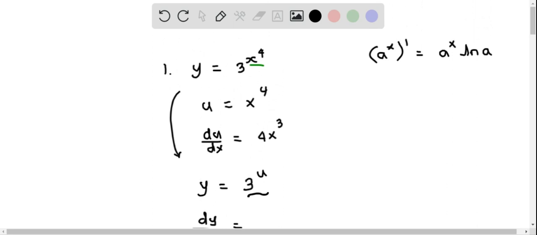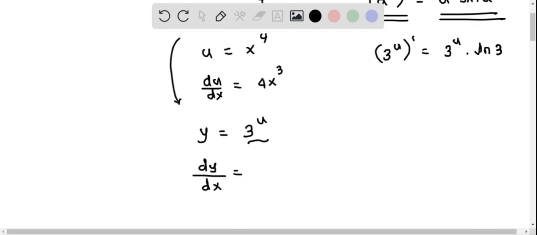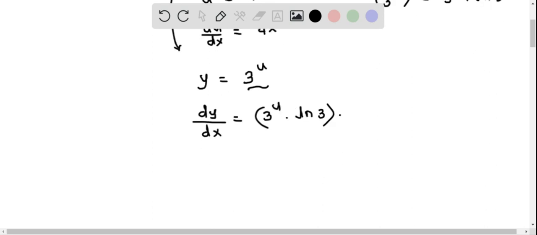For that, we use the derivative of a^x, which is given as a^x times the natural logarithm of a. Therefore, the derivative of 3 raised to the power of u equals, according to this rule, 3^u times the natural logarithm of 3. So let's write that first. This equals 3^u times the natural logarithm of 3, and then we have to apply the chain rule